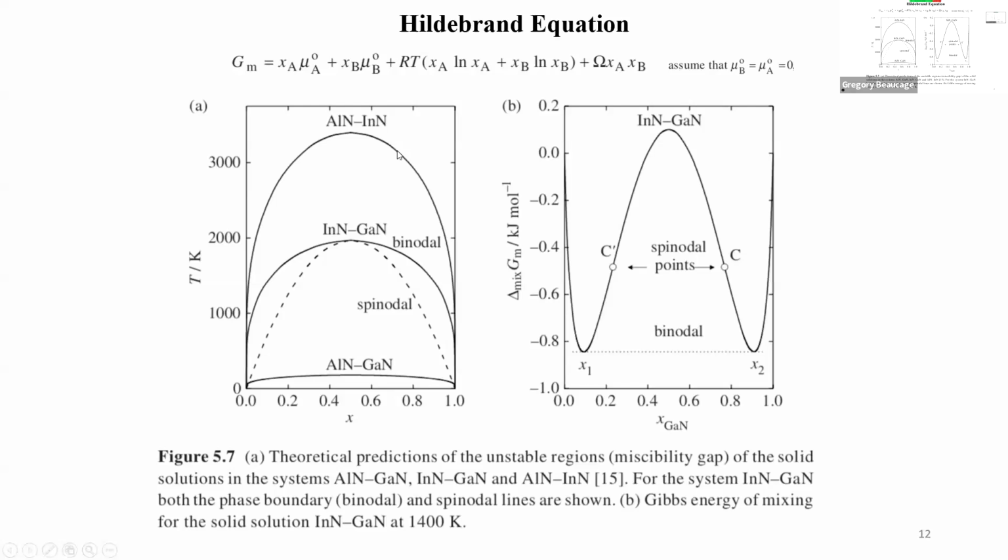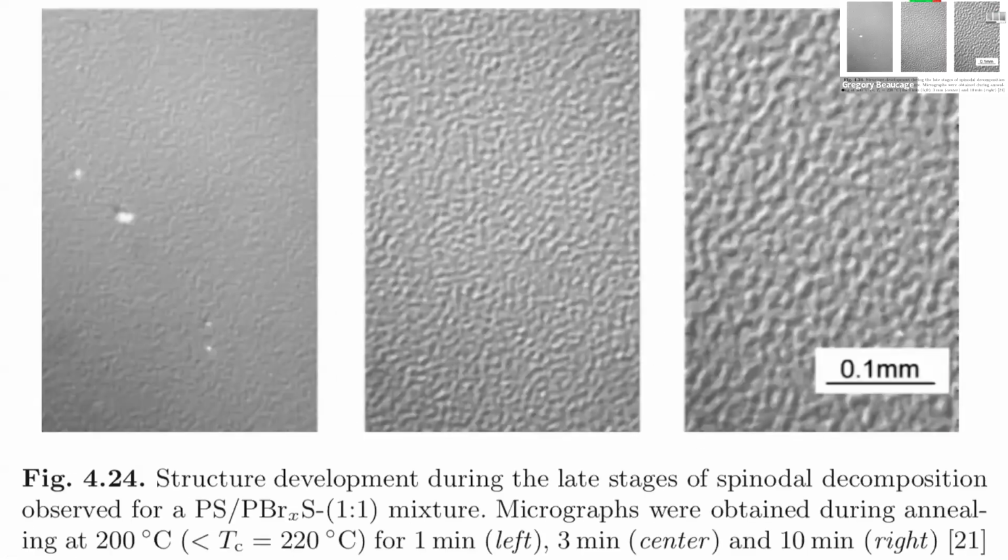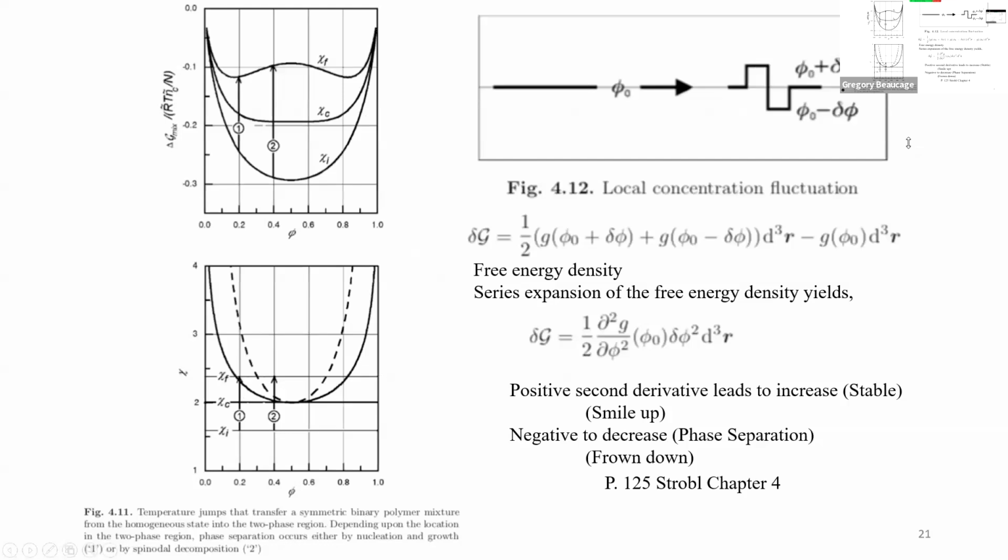So structurally, what happens is that when you're in this region between the spinodal and the binodal, so this is called the binodal. That's a miscibility limit. The spinodal is a point where the curvature of this free energy changes from concave up to concave down, right? And concave down means that you get spontaneous separation. In other words, if you have a fluctuation in the composition, which is here somewhere, so the composition's average is fluctuating all over the place, like